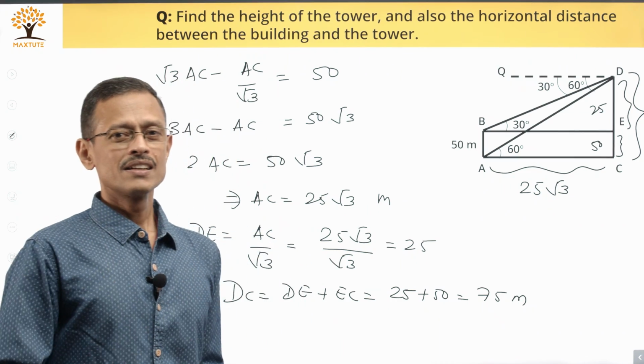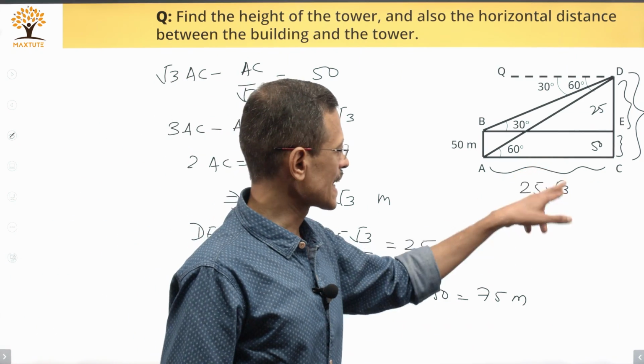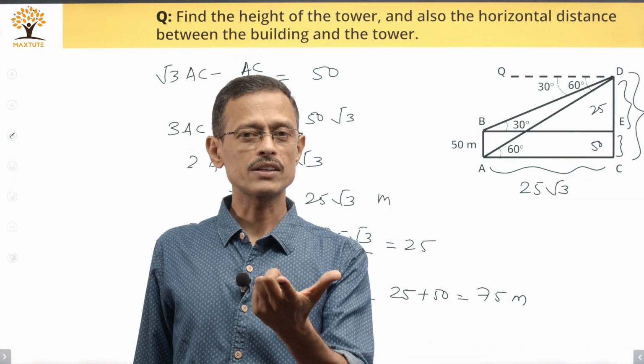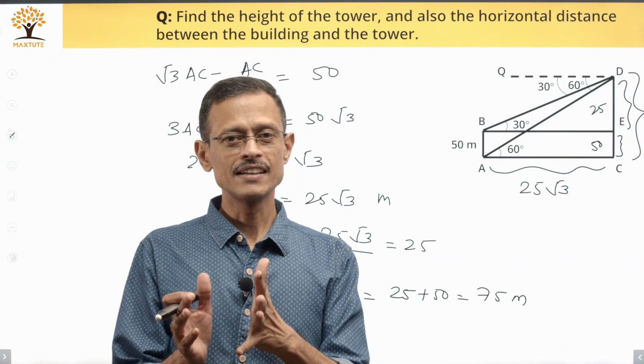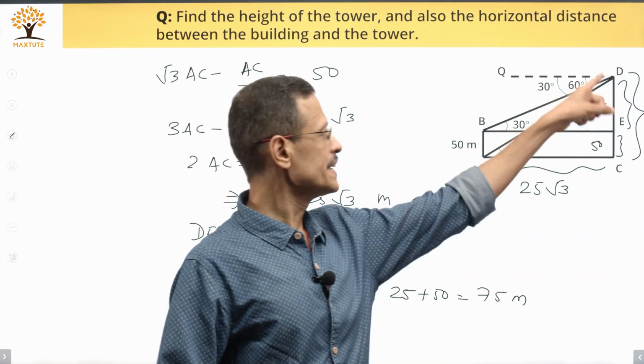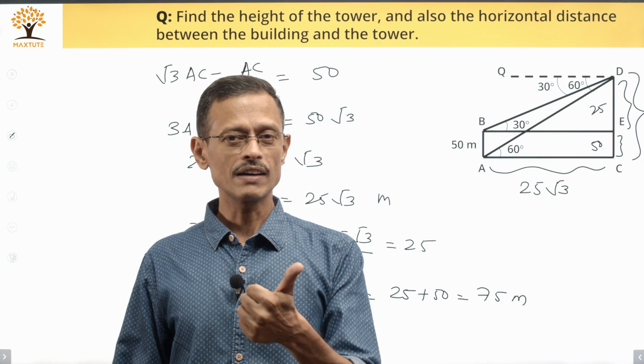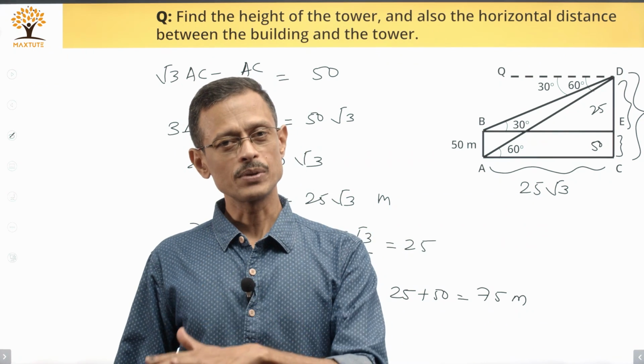So essentially, we did not have any exact values other than the fact that this bit was not actually a part of any of the sides in its entirety. We basically found out DE in terms of AC in both these triangles, equated them, found out the value initially of AC, and from there we computed DE and then DC.